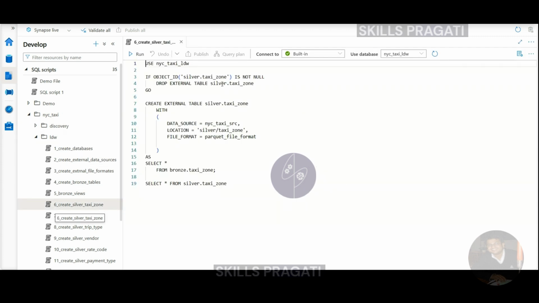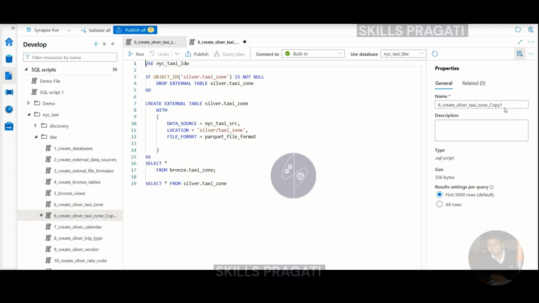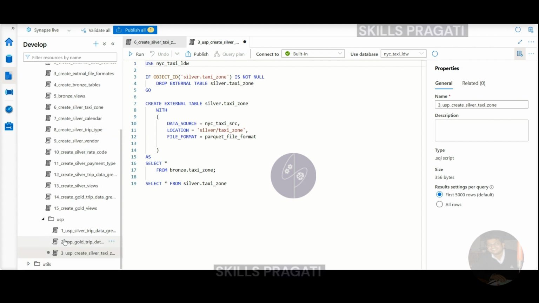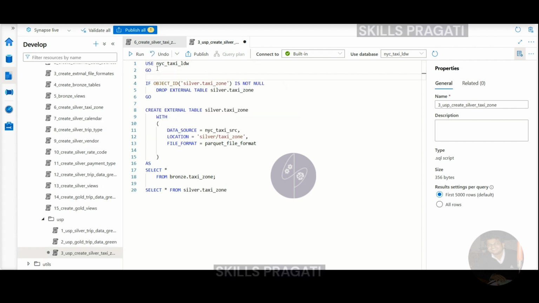a stored procedure. To do that, I'm going to click on the three dots here, which is a context menu, to action and then clone. So we've got a clone of the script, and I'm going to call this 3_create silver taxi zone. That name should be good enough, and I'm going to move it into this folder. So we're keeping all the stored procedures in one place, and let's just make the changes to turn this into